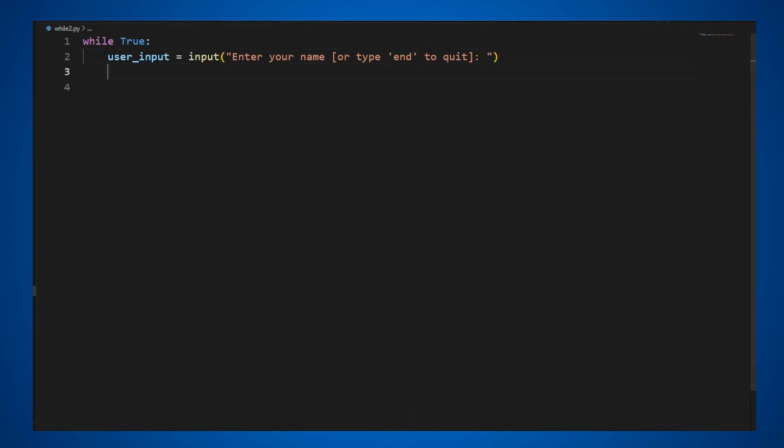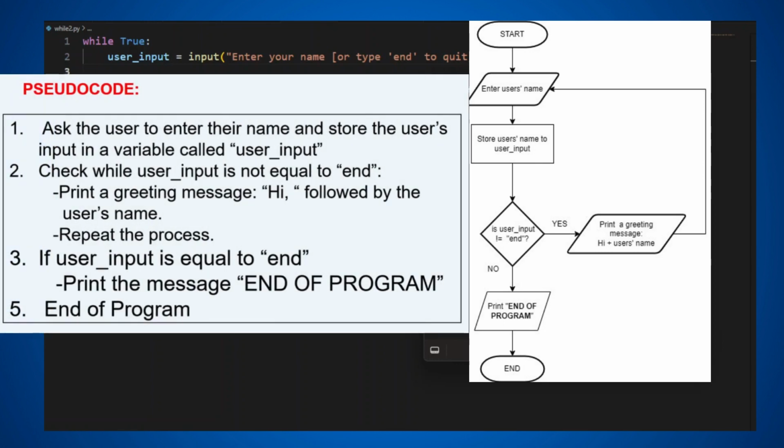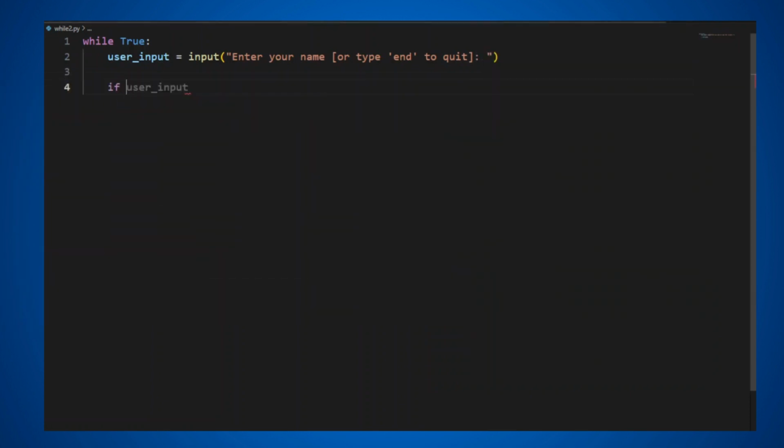Now, this is where in the flowchart you can see 'enter user's name'. Because the while condition is true, it will keep on coming back here asking the user to enter the name. So for that case, we have to add the condition here. If user input, for example, is equal to 'end', then